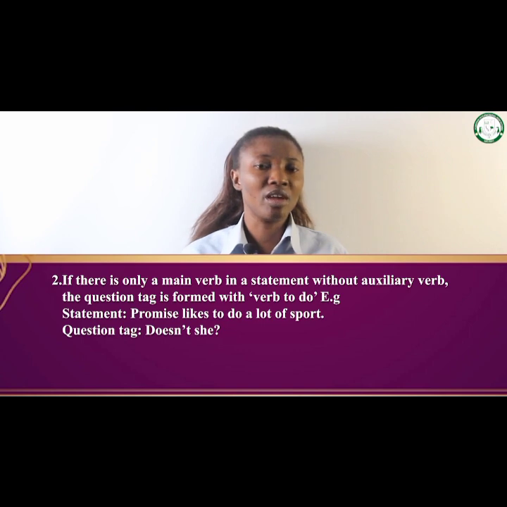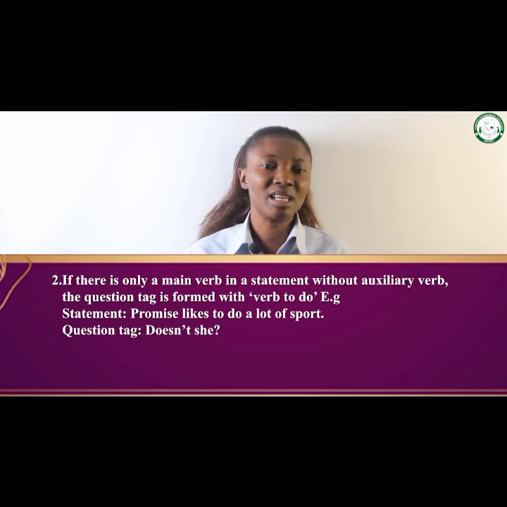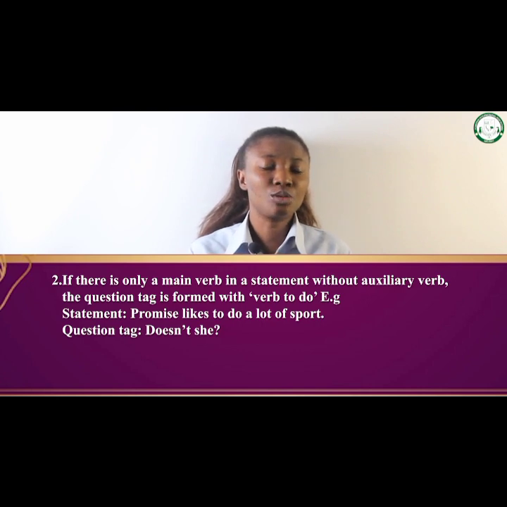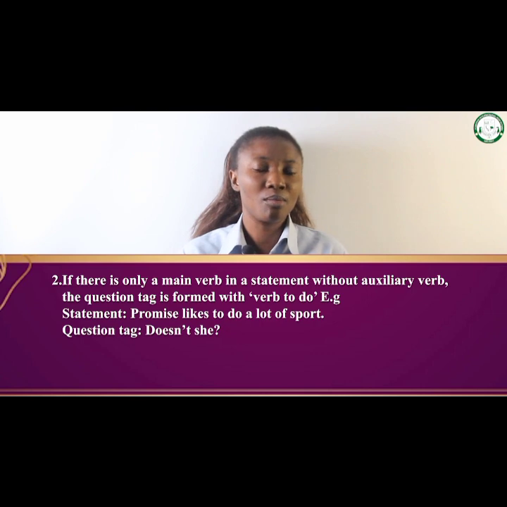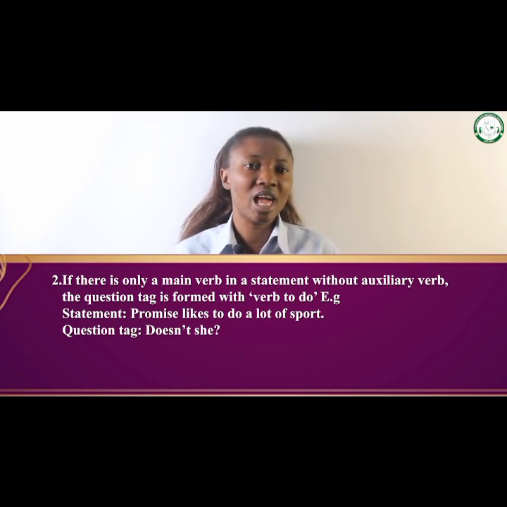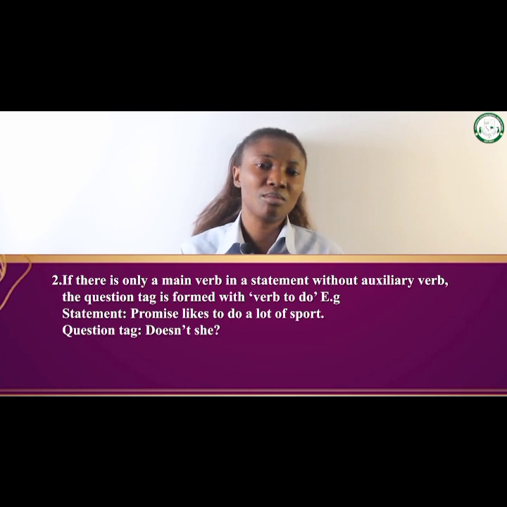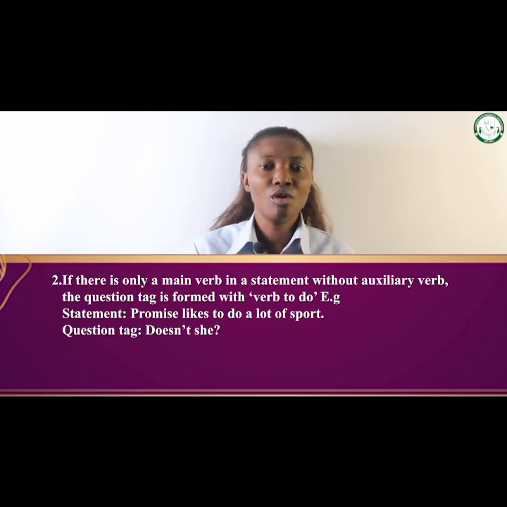For example, if the statement is Promise likes to do a lot of sports, in this case Promise, the subject, is singular, and it must also agree with the auxiliary verb, which should be what? Singular. So Promise likes to do a lot of sports. The question tag will be doesn't she, because in the statement there is no auxiliary verb, so the verb to do